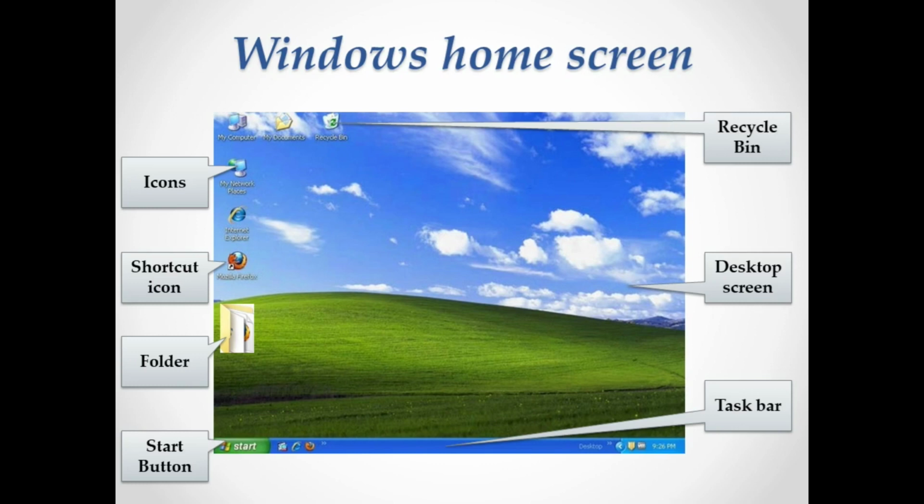As I said, there is a small difference here. Whatever you have deleted, if you feel you have deleted certain files by mistake and you want to get them back, that is, recover the files or a folder, the recycle bin will be useful for us.